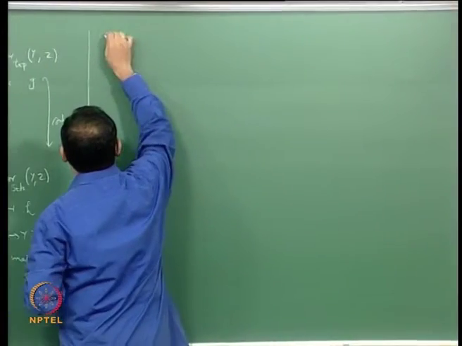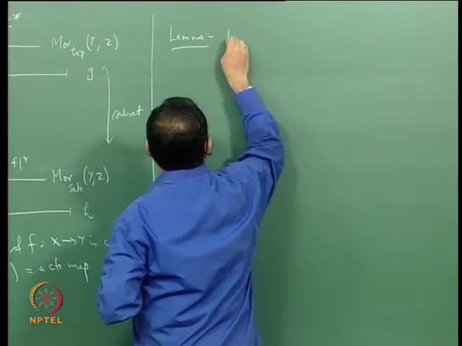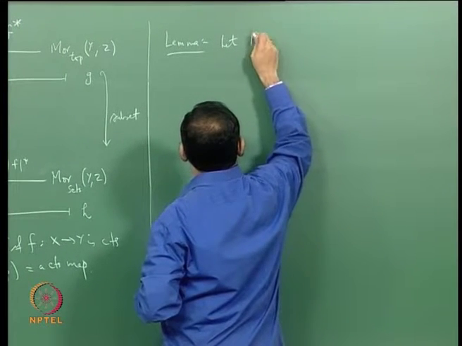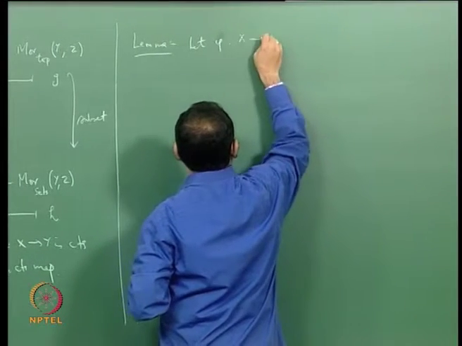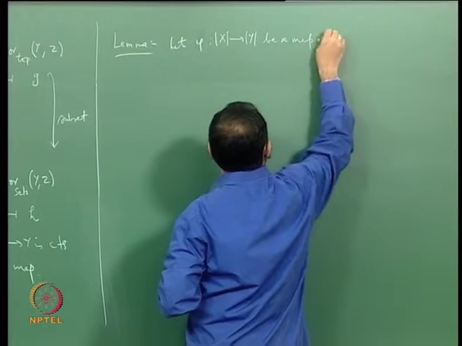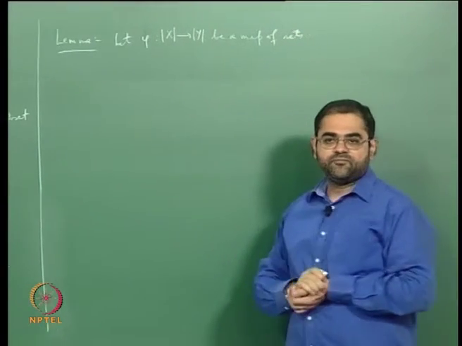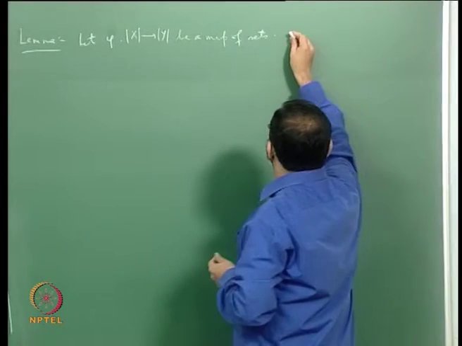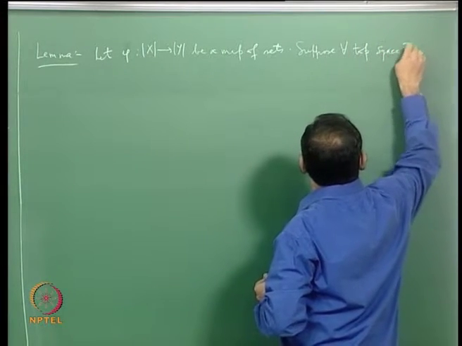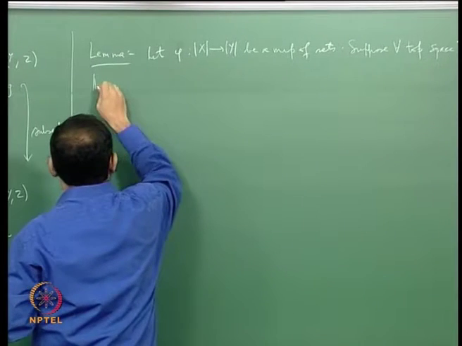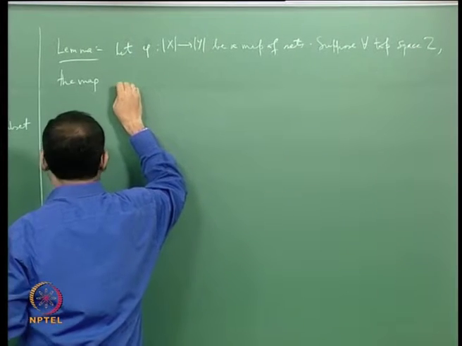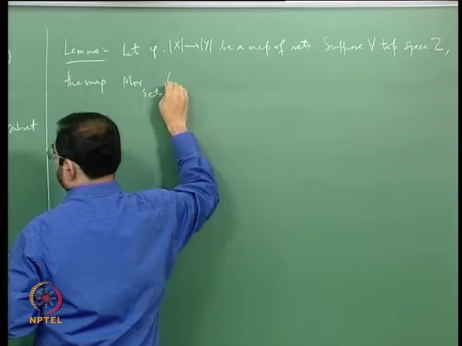So here is a lemma. Let phi from mod X to mod Y be a map of sets. Suppose for every topological space Z, the map from morphisms as sets from Y to Z